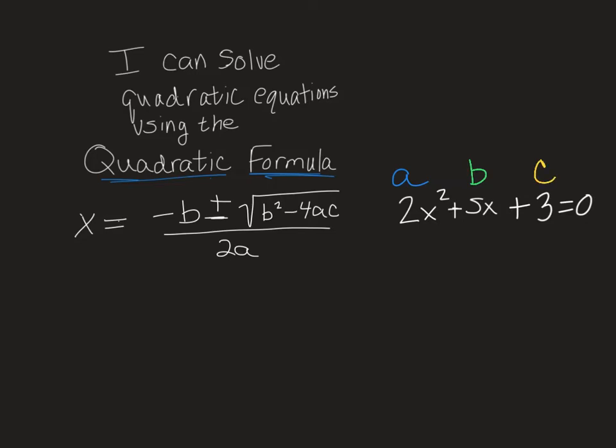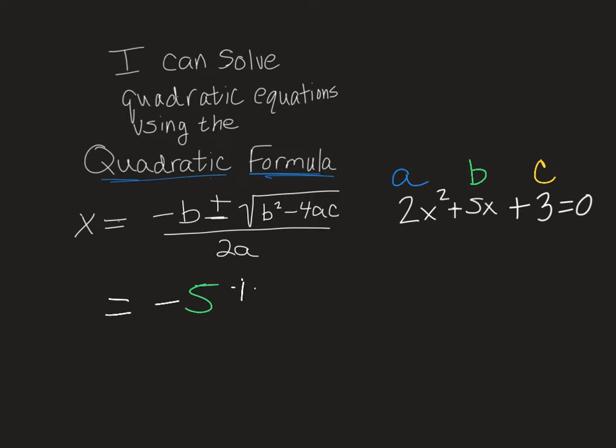So you're just going to take those individual 3 numbers and substitute it into the formula. So, for example, opposite of b, well, in this case, the b is 5, so I'm going to substitute that 5 in for b,